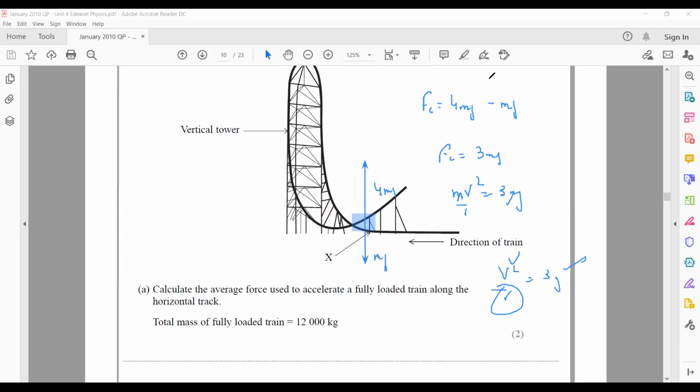Is it clear, this part? The second part? Is it clear, the concept? Because what happened, as it entered a circular path, there should be a resultant force toward the center, the centripetal force. The reaction force is 4 mg and the weight is mg. That's why the centripetal force will be 3 mg. And centripetal force is 3 mg and the speed at which it entered the track is 57. So we can find